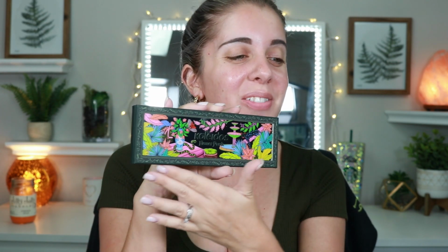When I saw they're releasing the Flower Punk collection, I do love all the little figurines on it. Compared to 30, I think these... But now the Smoke Session palette does retail...